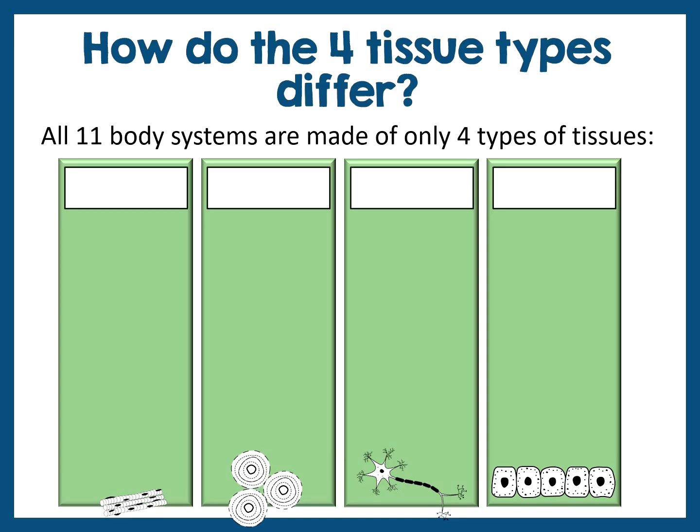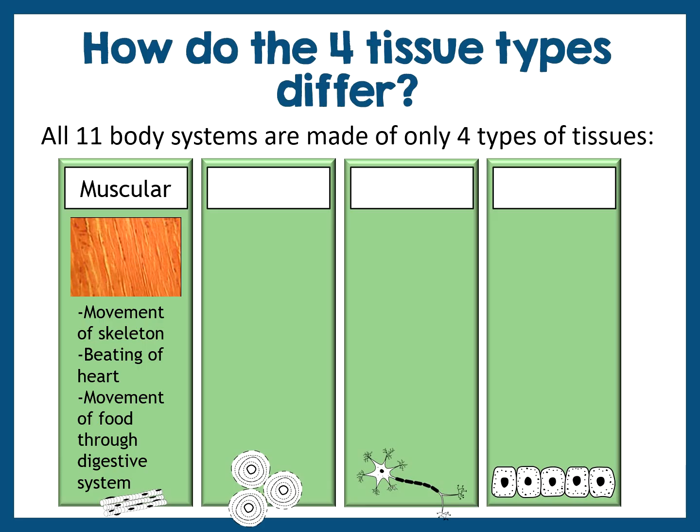The human body is composed of over 50 trillion cells, and those 50 trillion cells all come together to form only 4 different types of tissues. And then those 4 tissue types will come together to form our organs, and then our organs will come together to form the organ systems. Organ systems will come together to form the organism. So all 11 body systems are made out of only 4 types of tissues, which we introduced at the last